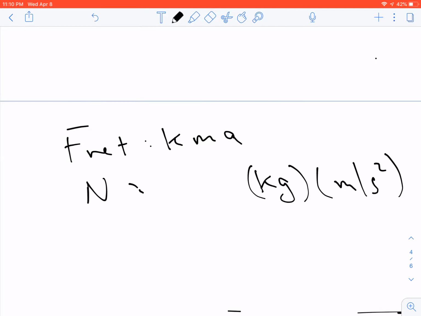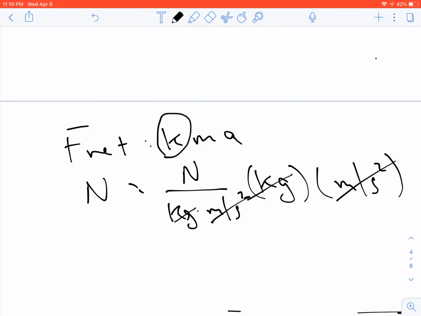Well, k must be in units of newtons per kilogram meter per second squared. If k is equal to 1 newton per kilogram meter per second squared, notice that the kilograms will cancel, the meters per second squared will cancel, and my answer will be in newtons. That's only because I have this really arbitrary and bizarre value for k,